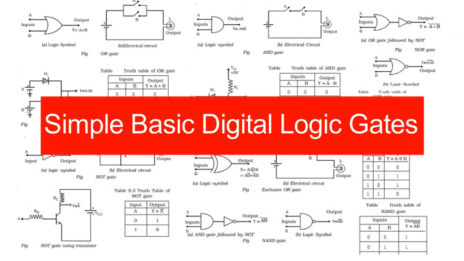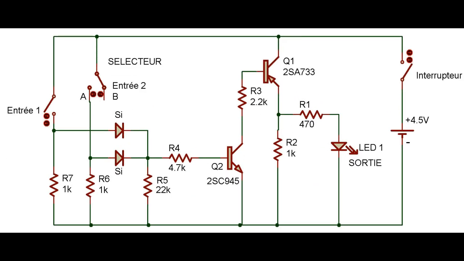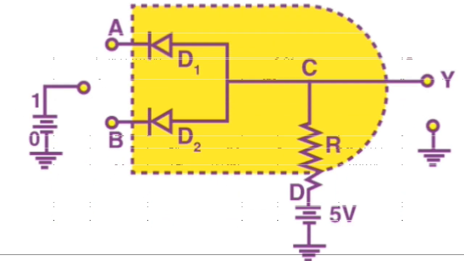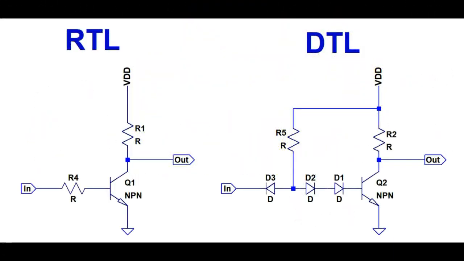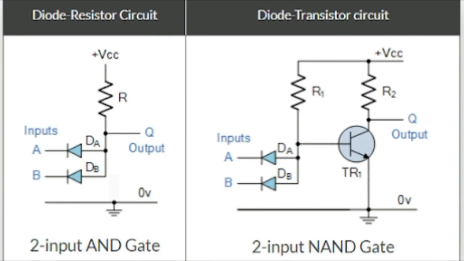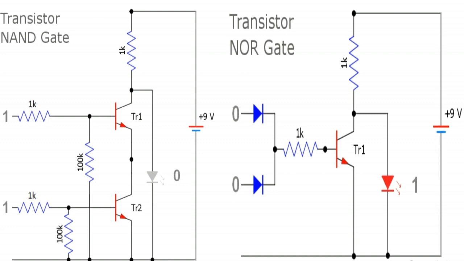Simple basic digital logic gates. Simple digital logic gates can be made by combining transistors, diodes, and resistors, with a simple example of a diode resistor, DRL, AND gate, and a diode transistor logic, DTL, NAND gate shown in the figure. The simple 2-input diode resistor AND gate can be converted into a NAND gate by the addition of a single transistor inverting NOT stage. Using discrete components such as diodes, resistors, and transistors to make digital logic gate circuits are